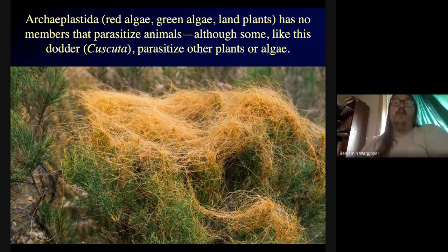Some of the prairie wildflowers that we sometimes see in the nature reserve are parasites or hemiparasites. Their roots will grow connections with the roots of other plants and take some of their nutrients or some of their water. So there are land plants that parasitize other plants. None, as far as I know, parasitize animals. You're not likely to wake up and find a tree growing out of your head or anything like that. At least I hope not.